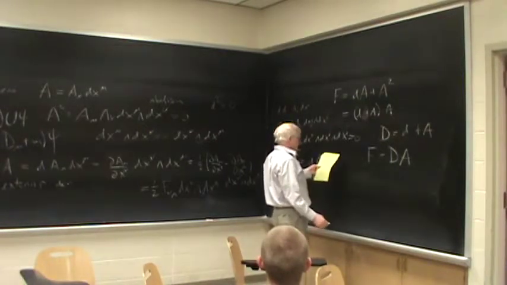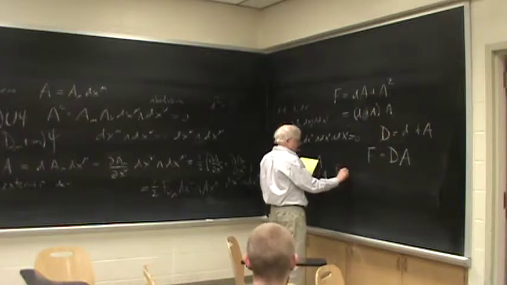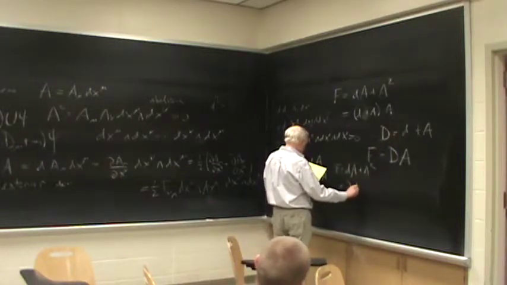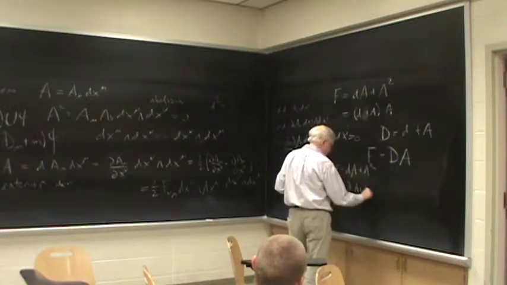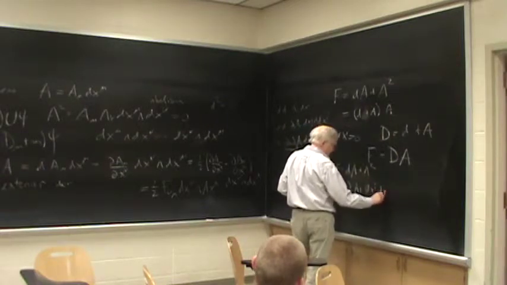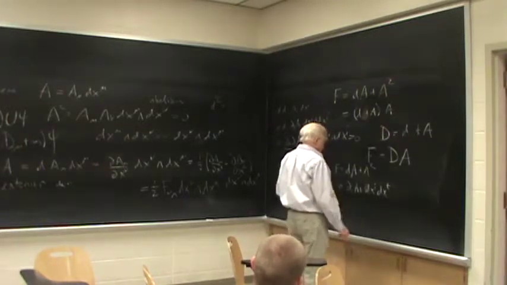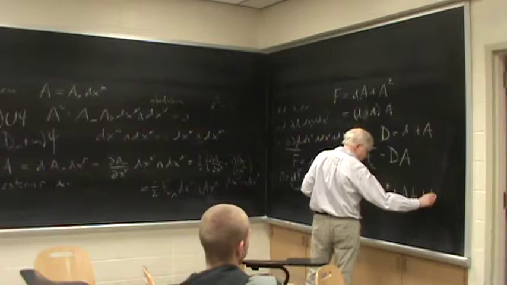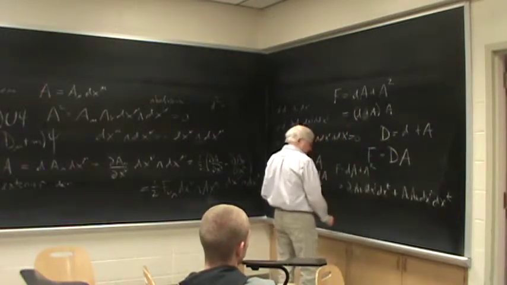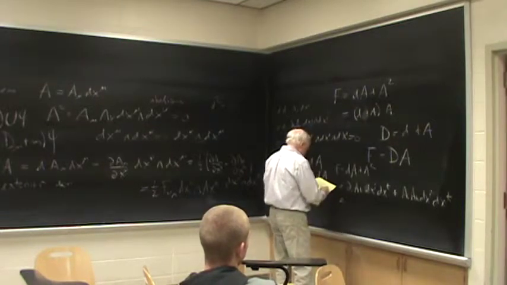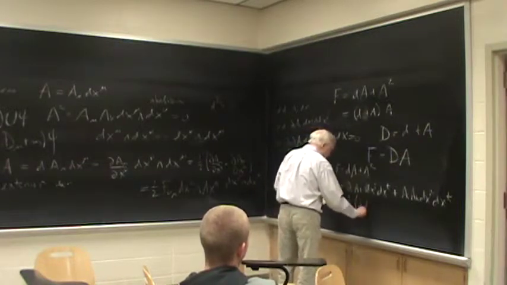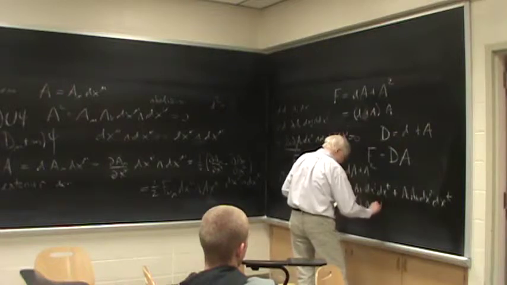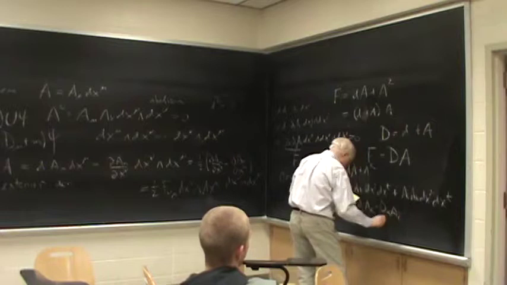And let me use Roman letters rather than Greek letters. So then F is dA plus A squared. So what is that? That's d_i A_k dx^i, maybe I should do this in two steps. In fact, let me drop the carets, okay? All right. Okay, so that's what this is. And so we can rewrite this as 1/2, taking advantage of the anti-symmetry of these, d_i A_k minus d_k A_i plus